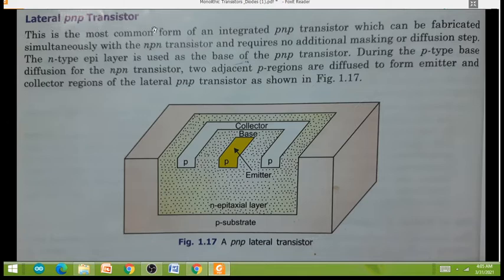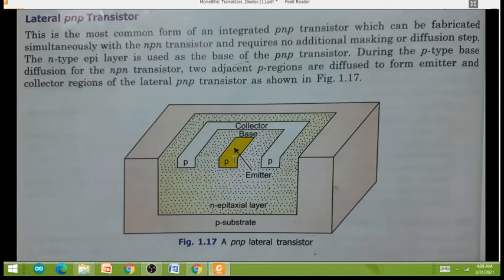Lateral PNP transistor. So in the vertical one this was the limitation. So another methodology in the innovation of the fabrication took place, that is the lateral. If this is your P substrate, then we are not using it as a collector. We are not using it as a substrate, but the epitaxial layer is considered as a base,